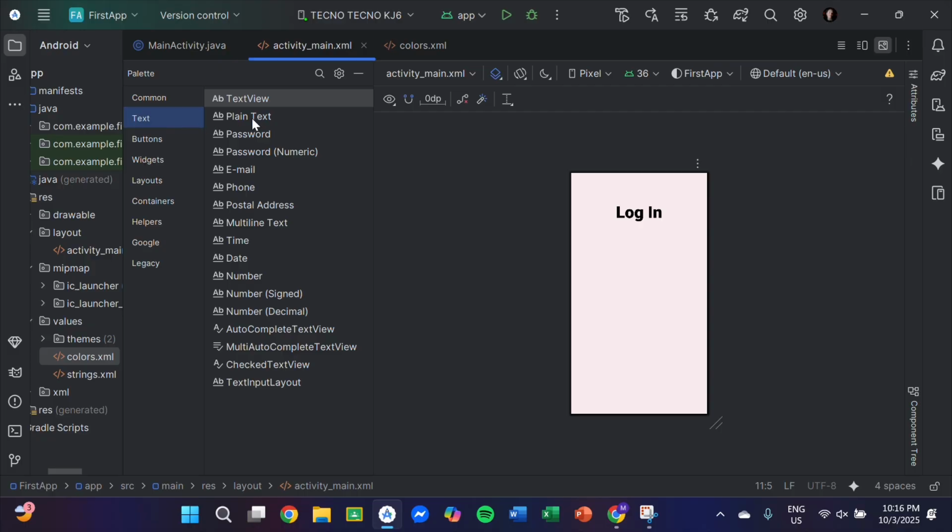So first, let's go to username. For text, we have plain text for username, or email for email, etc. So we have to select this one and drag it here.